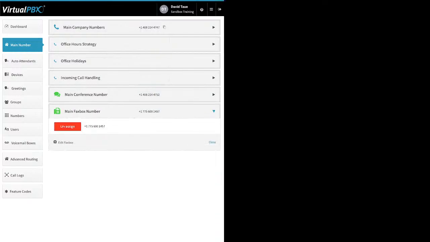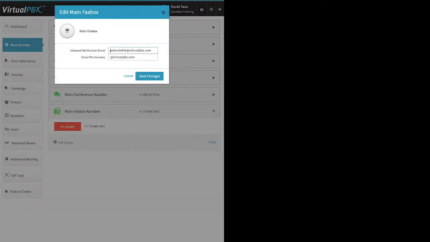And then we have the main Faxbox number. Again, this is your inbound Faxbox number. If you click Edit Faxbox here, you can open up a new window. So first up, you got the inbound notification email. You just put in an email address, and this email address will get an email every time a fax comes